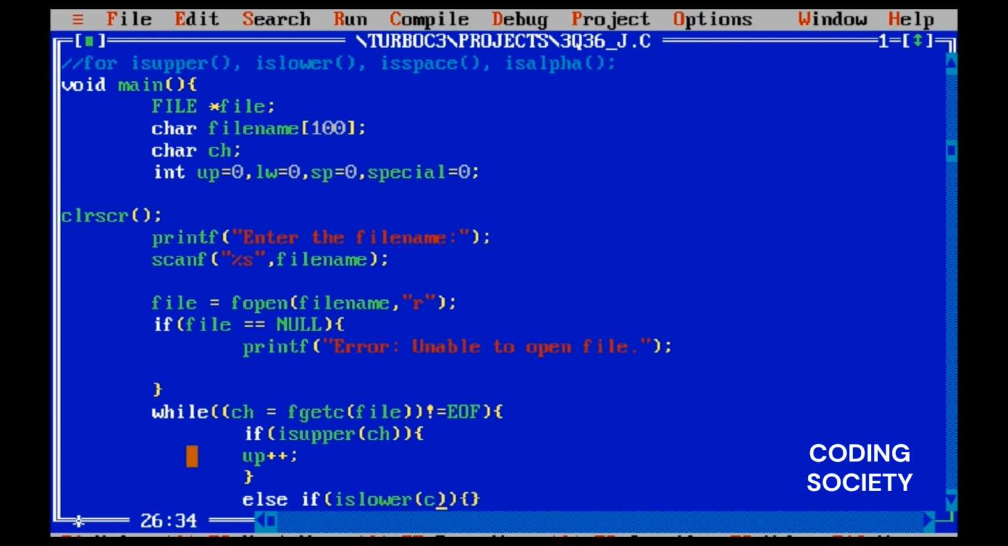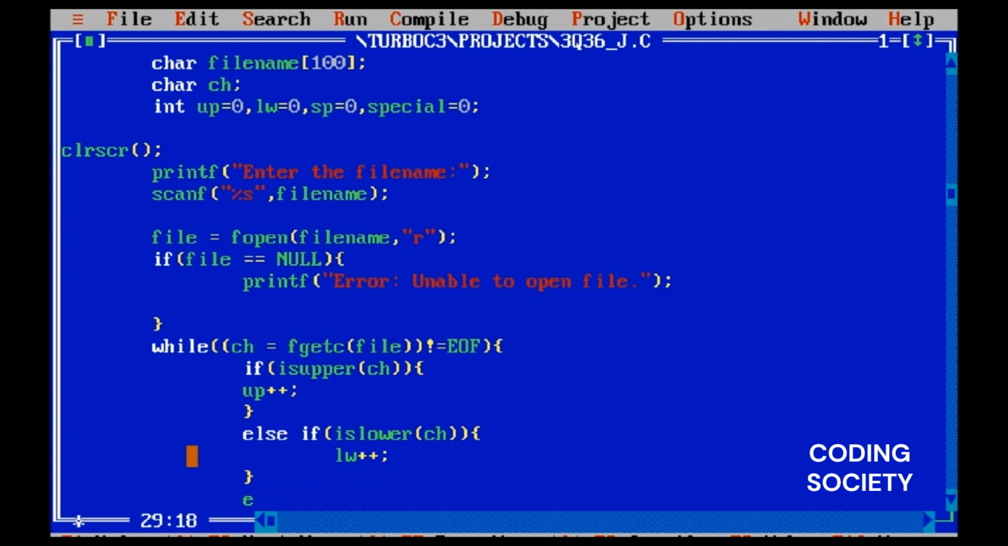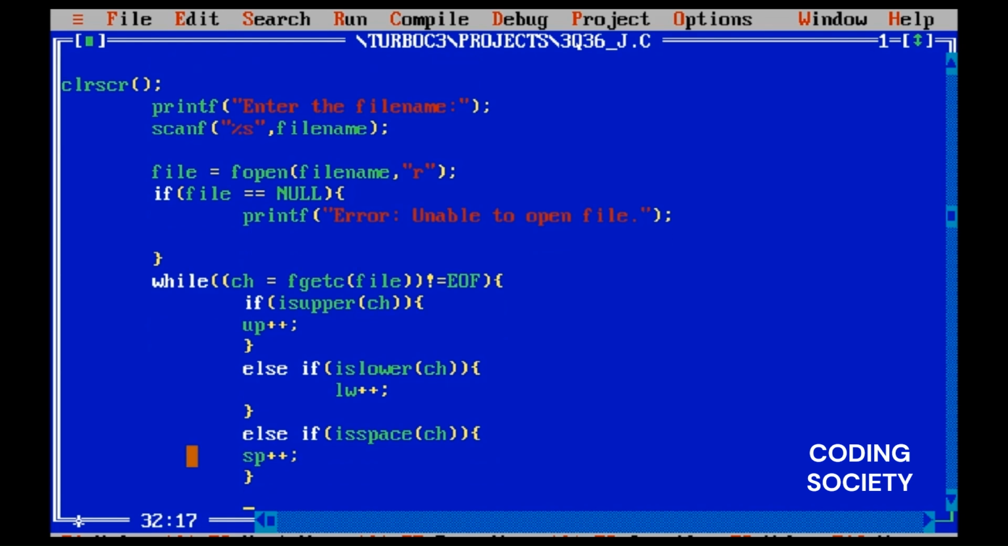islower ch. If the character is lowercase, lw plus plus, else if isspace ch. If there is any space, then sp plus plus, else if